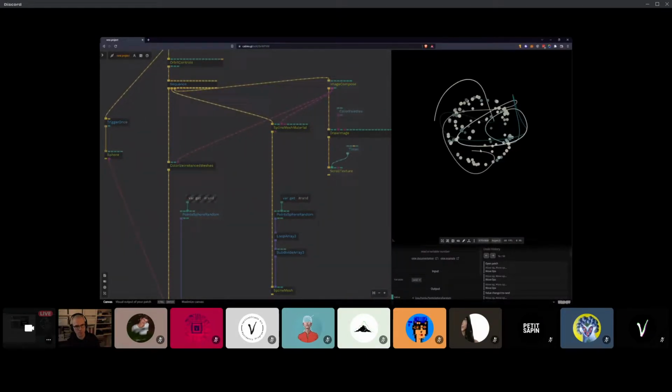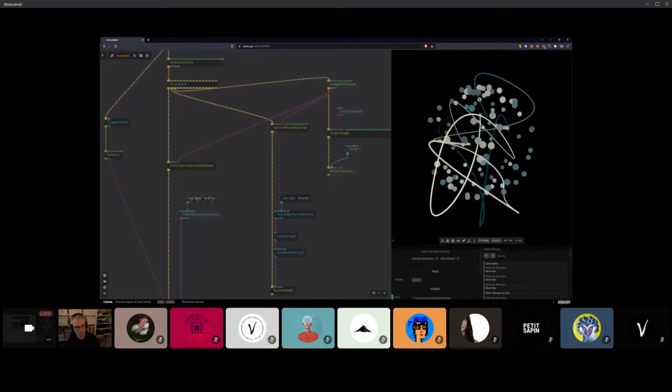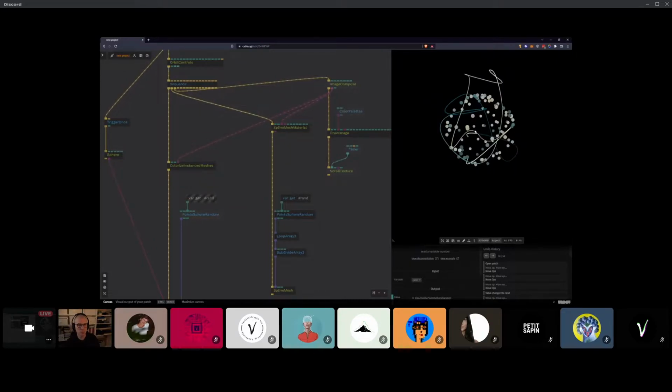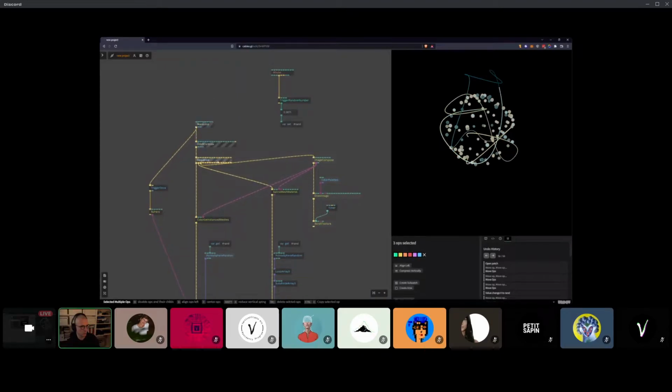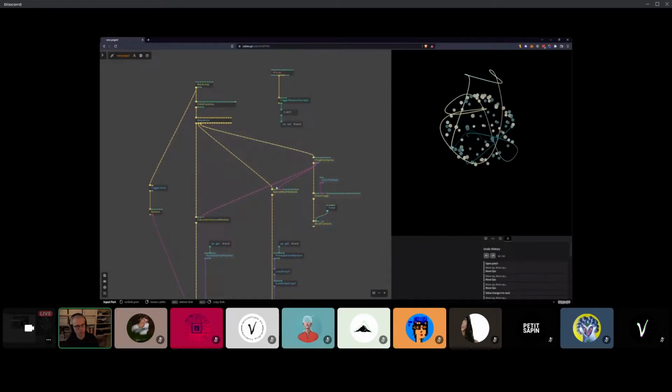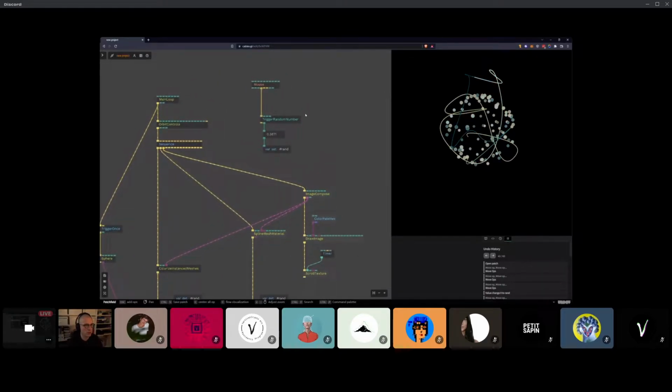So here you can see. And this would be basically a way to prepare the patch before you use it on fxhash. So testing it before you send it to fxhash, and you can do this for any variable you want. So if you want to have a second one, you just copy paste the trigger random number, and you connect those two,